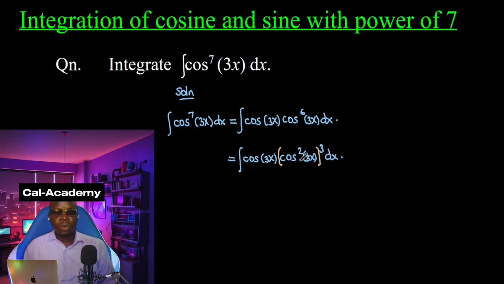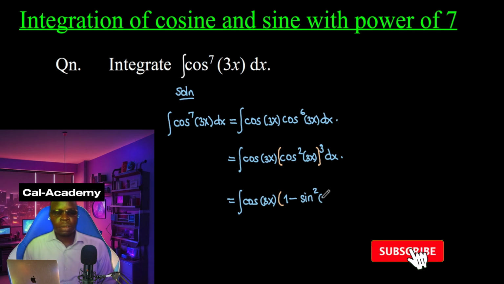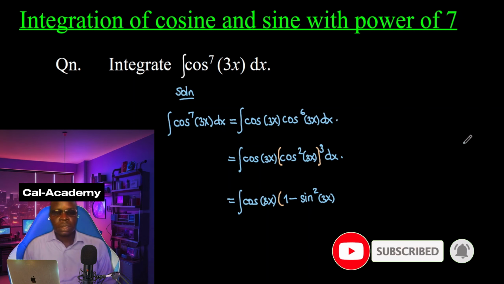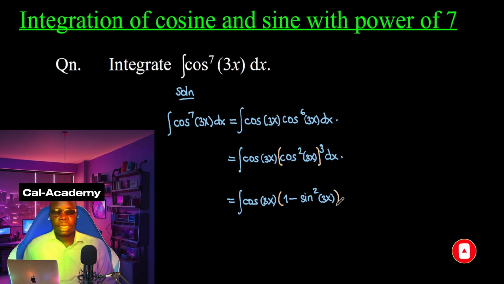And the next thing is we need to write cos square 3x in terms of sine square 3x. So we already know that from our previous video. Let's just simply apply it here, and we can maintain still our first parameter here, that is cos 3x. Now here we can go on with our bracket because there are two terms inside there, and that is 1 minus sine square 3x. So we can close again this bracket here, but remember it is still raised to power of 3